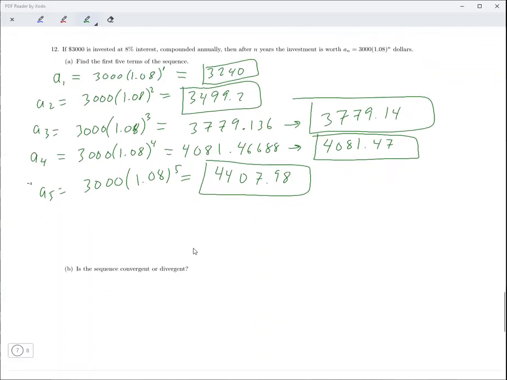And then part B, is the sequence convergent or divergent? Would it be divergent because it's going away from us? Yeah, it's going to be divergent. Okay. But I don't know, in this case, I don't think that's relevant because you're not